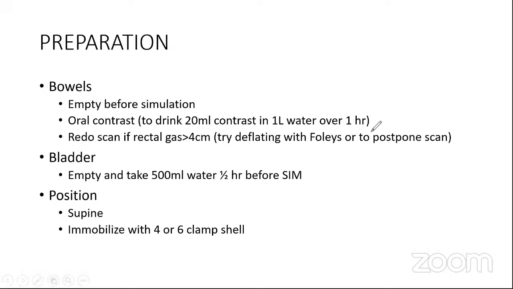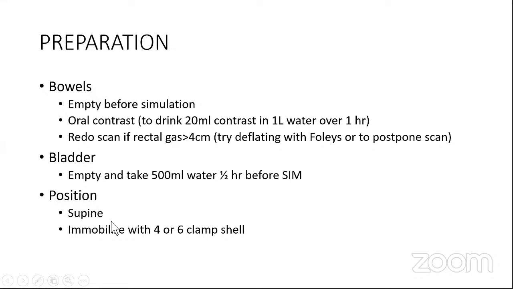But in some patients, in my own personal experience, the gas seems to persist throughout the course, despite deflating it using a rectal tube. We will not go into those individual variations. But the principle is, if the patient has a rectal gas dimension of more than 4 centimeters, let us try to deflate it with a Foley's and bring it down to less than 4 centimeters. And again, we give a good oral contrast to identify the small bowels, large bowels, as well as the rectum very clearly in the